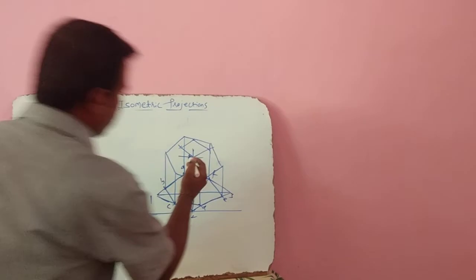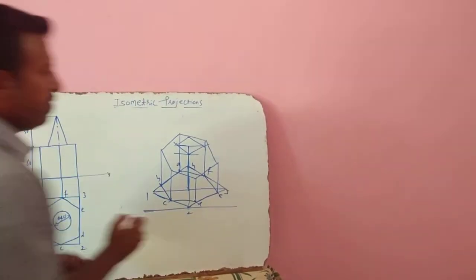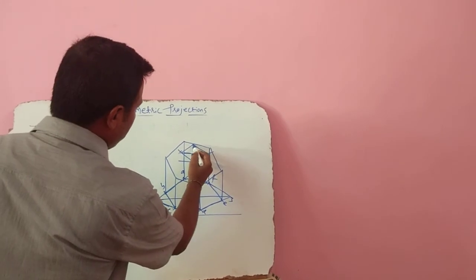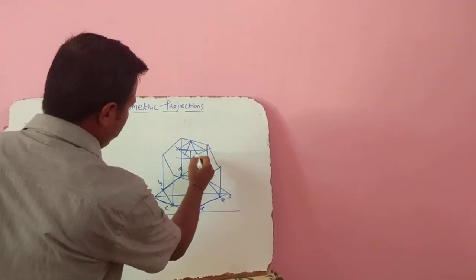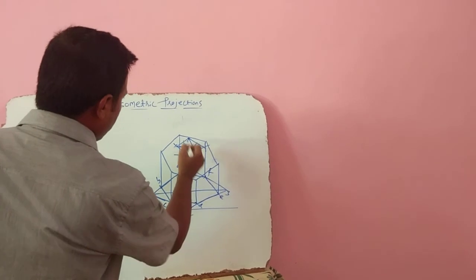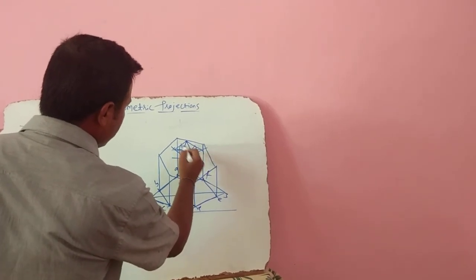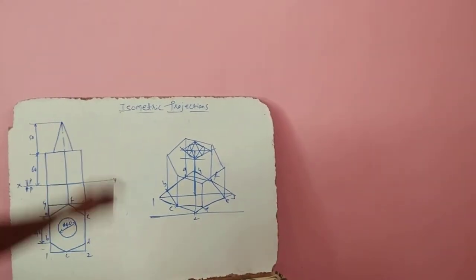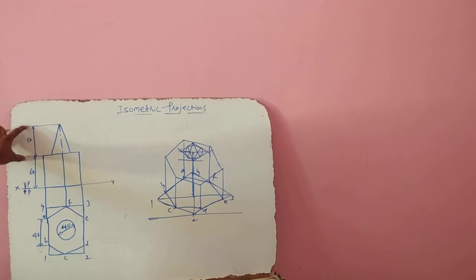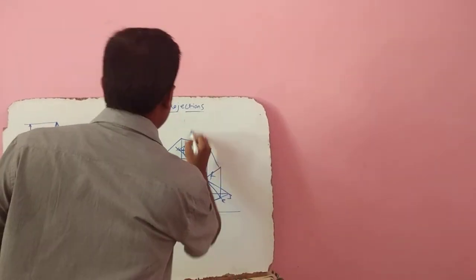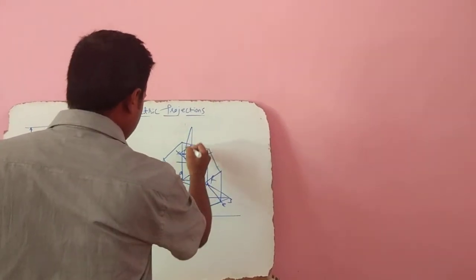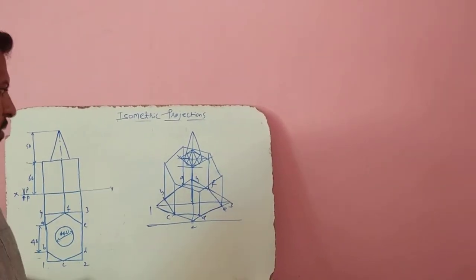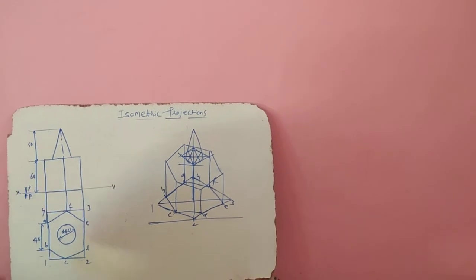After this, construct the base of the cone by the 4-point method. Construct this, then join the horizontal diagonal from this corner to the midpoint of the opposite line. Now complete the arcs, because I have already explained this. Yes, this completes the base of the cone. Now, what is the height? The height is given as 50. Convert that to isometric. From here draw the height, and draw the tangents to this arc. So this completes the solution for the given problem. Thank you.